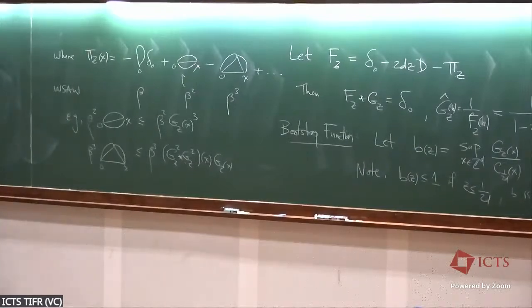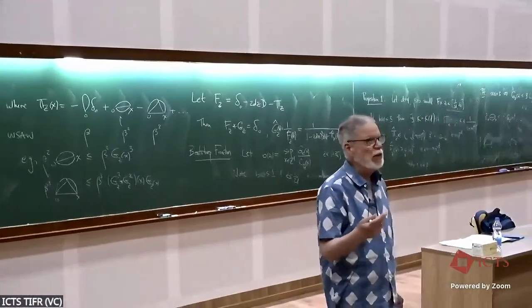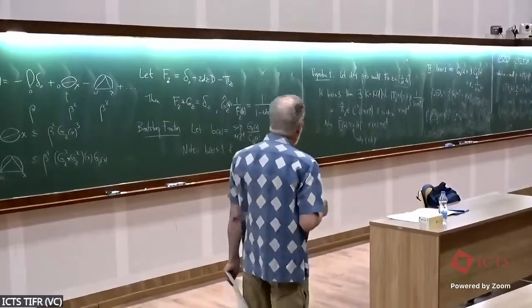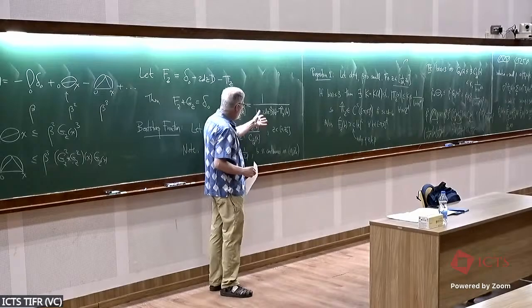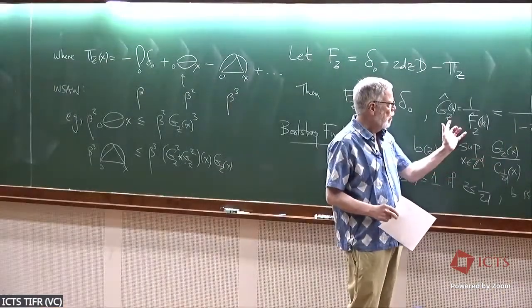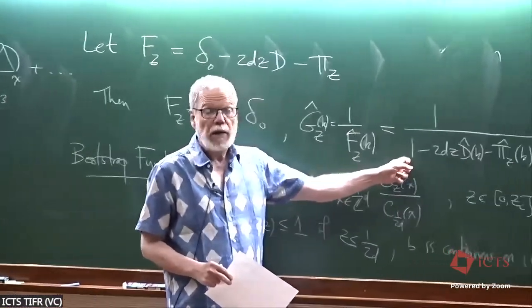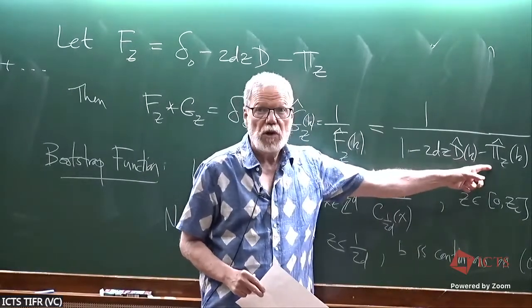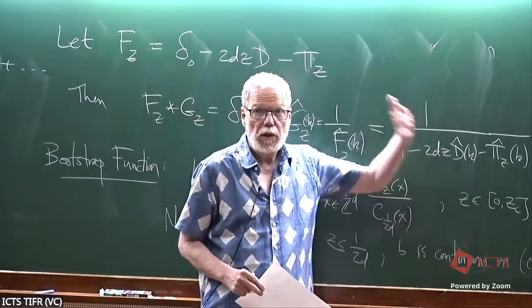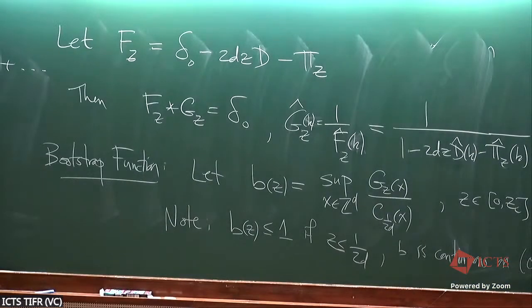So we're on our way to proving that the critical 2-point function for the weakly self-avoiding walk behaves like 1 over x to the d minus 2 for dimensions higher than 4. And what we've accomplished so far is that we have the lace expansion, which in Fourier language is saying that the Fourier transform of the 2-point function is given by this 1 over f hat, where f hat is the simple random walk part together with this more complicated function pi, which we have represented in terms of a sum of diagrams. And we introduced this bootstrap function somewhere.